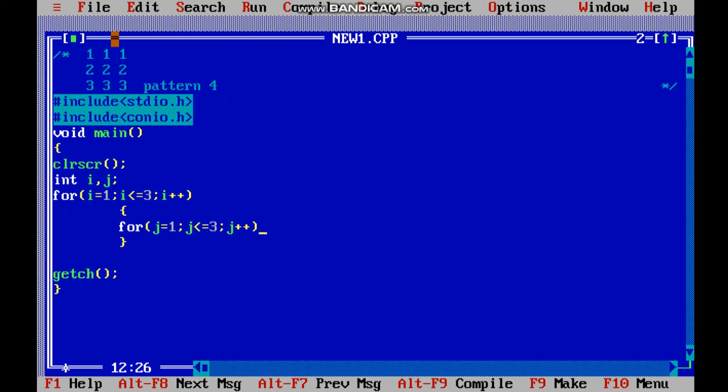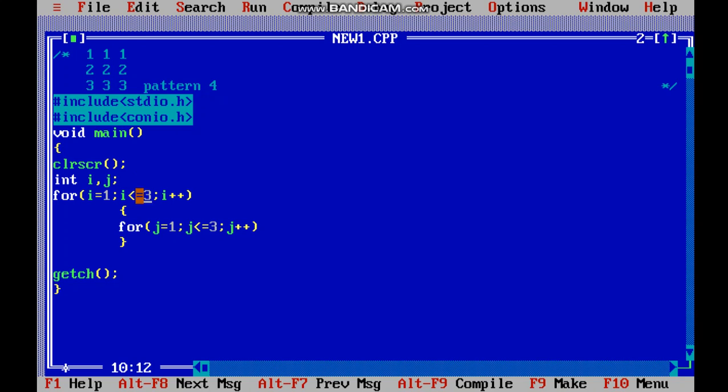Now what we got is i will give us the row, that means i equal to 1, i is less than or equal to 3. That means this for loop is going to run for 3 times. See the condition, this time i is not less than 3 but i is less than or equal to 3. It means when the value of i is 3, again 3 is less than or equal to 3, the condition becomes true and it will execute 3 times.